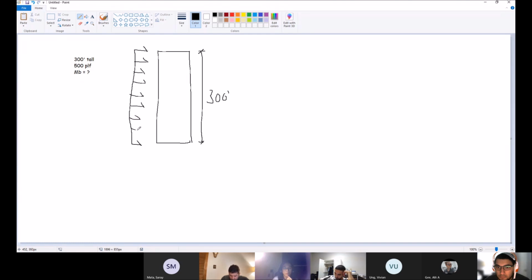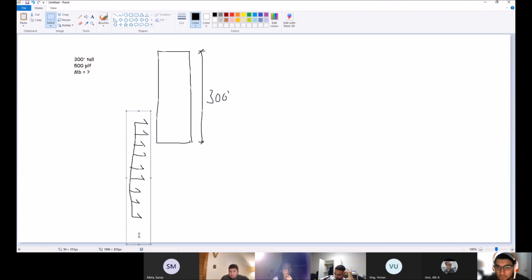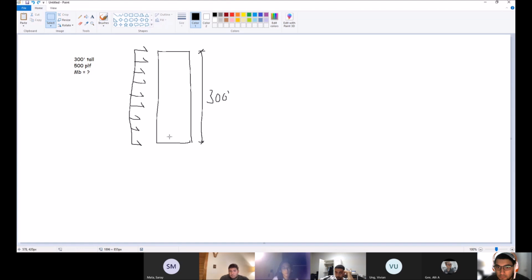I don't know if there's a convention for drawing it; it's just like a line load, but sideways. Anyway, we have 500 PLF right here, and we're going to find the internal bending moment at the base